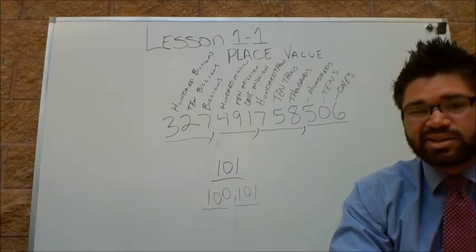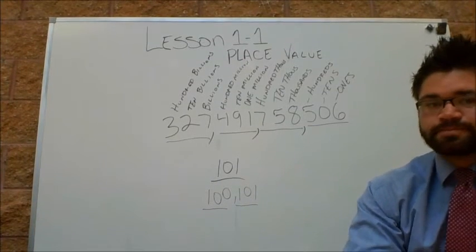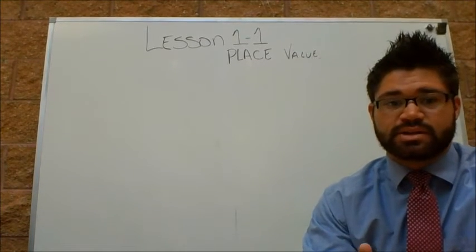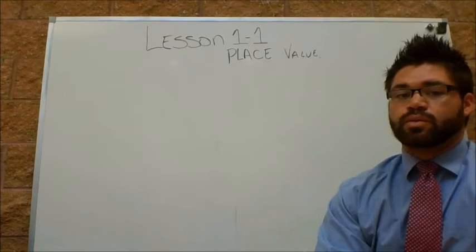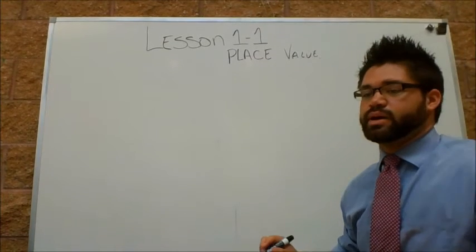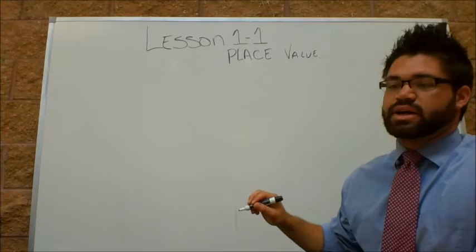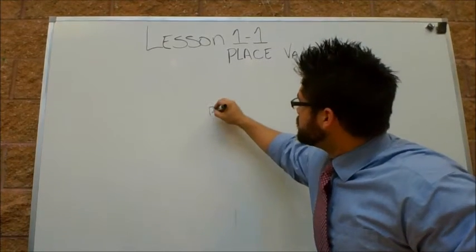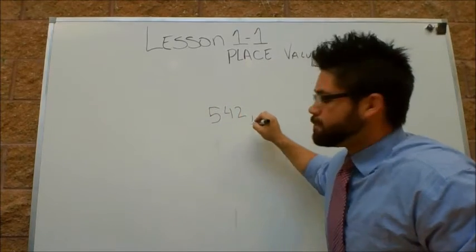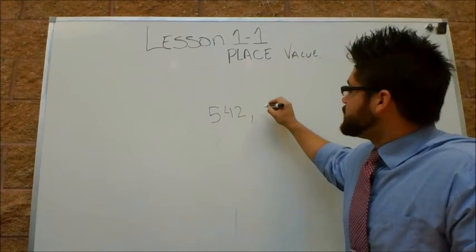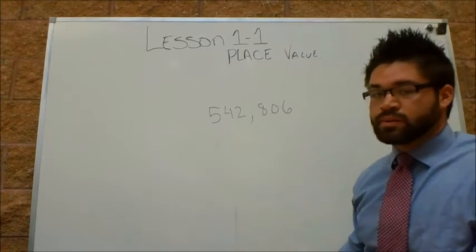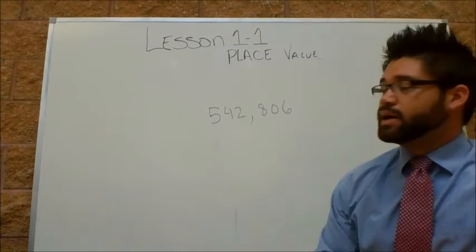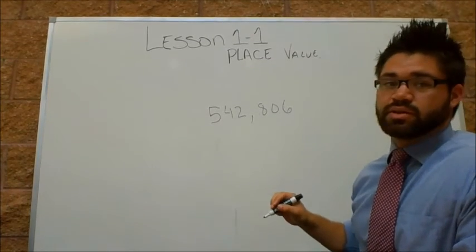Now let's take a look at some vocabulary. Okay, so since we're looking at vocabulary, go ahead and flip to the vocabulary section at the beginning of this topic, and wait for just a second. I'll have you write what we're going to be doing here. Actually, go ahead and write this number. All right, I'm going to write 542,806. Okay, so here's what we're talking about. We're talking about expanded form. Okay, so as your definition, expanded form